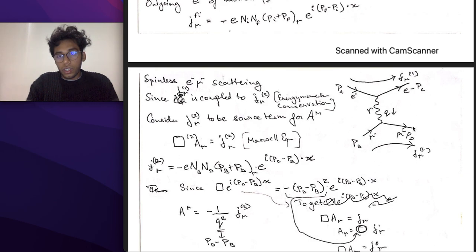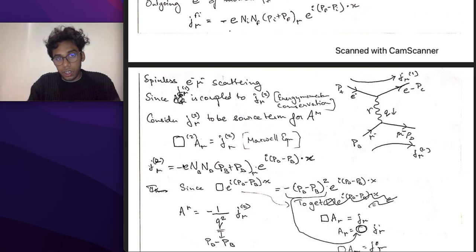So we take only the mu path, and we say that because conservation of energy and momentum unites all these things together, unites this interaction together, we can just say that the current or the force potential can be defined by only one particular current, and you don't have to define it for both. So only one defines it, and then it is not naturally coupled to the other one